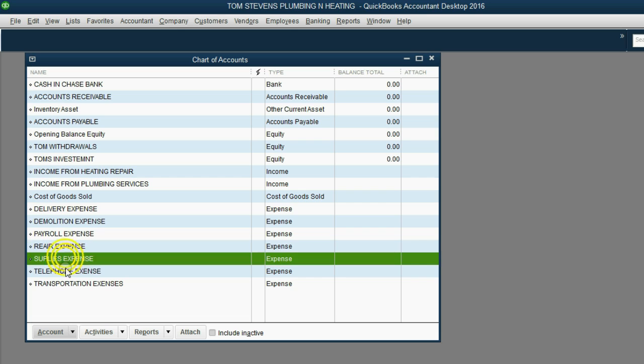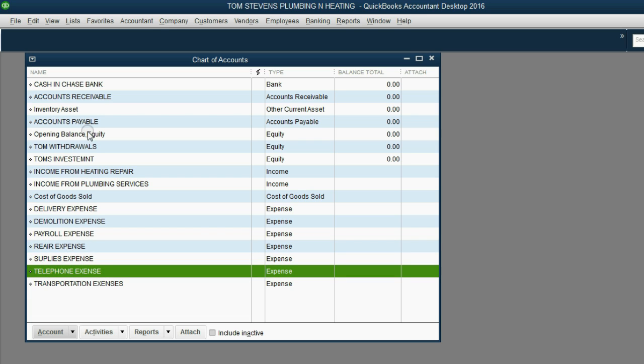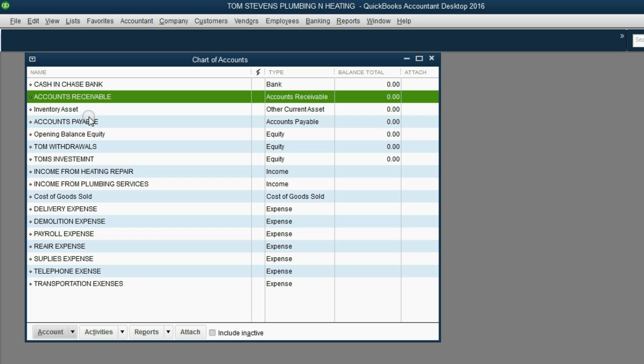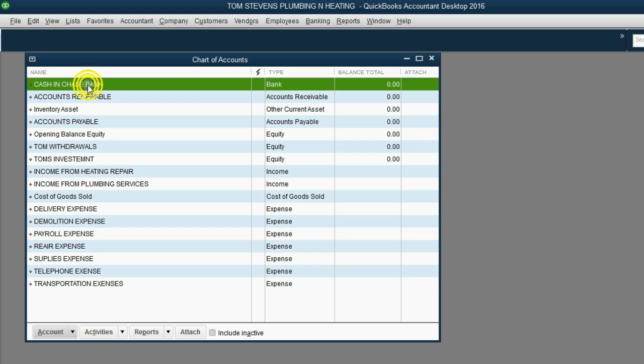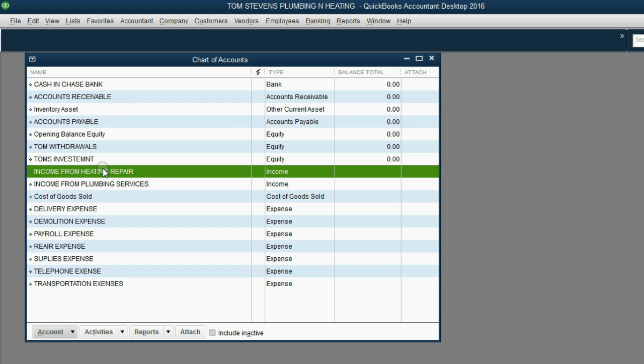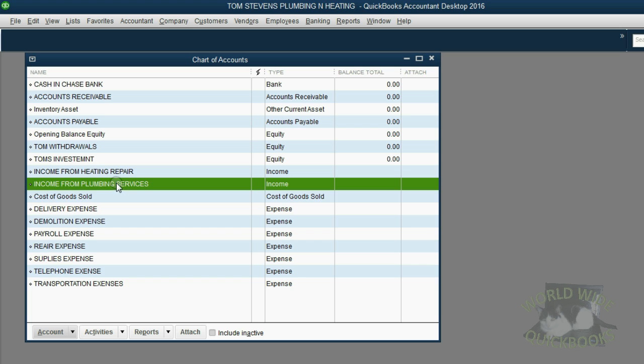It has some example expenses, and notice it has only one accounts receivable account, one accounts payable account. So far it only has one bank account, and you will notice it has 2 income accounts. Tom feels it's necessary for his reports to show him the difference between income from the heating repair service he provides compared to income from the plumbing services that he provides. He might be earning both of these separate incomes in one project, but that's the way the chart of accounts